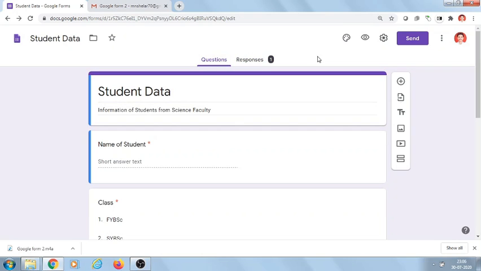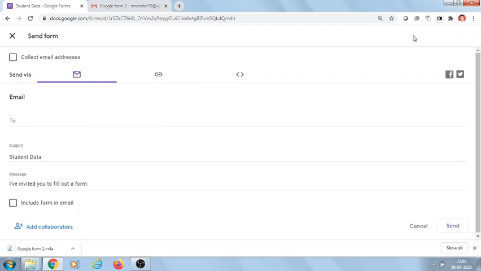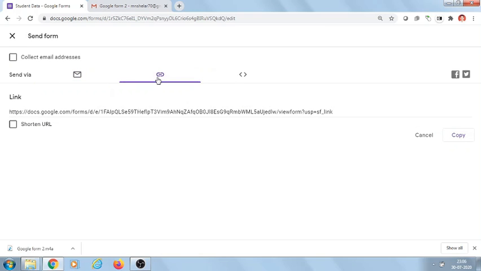I'll go to these questions again. Now I want to share this form with different users. Click on the send button. Here you can send it through email. Means you can enter the email ID of all users to whom you want to send this Google form. Second way is